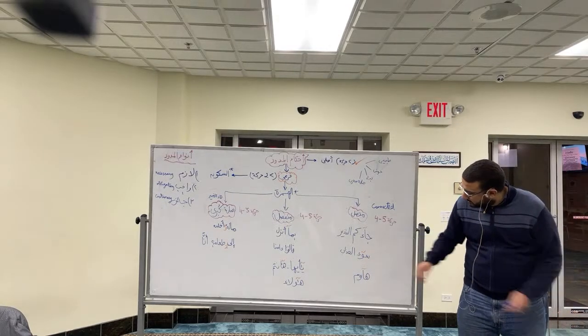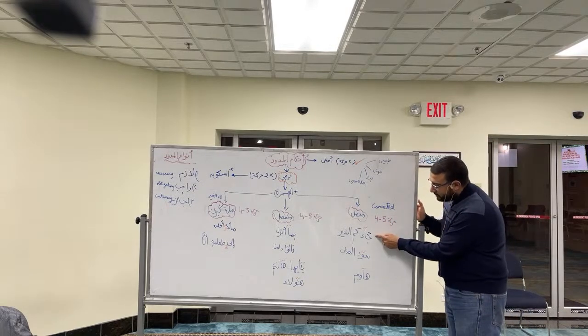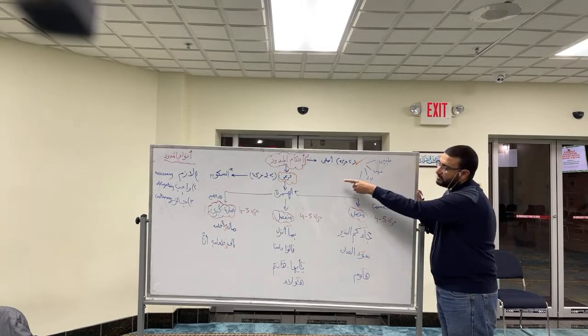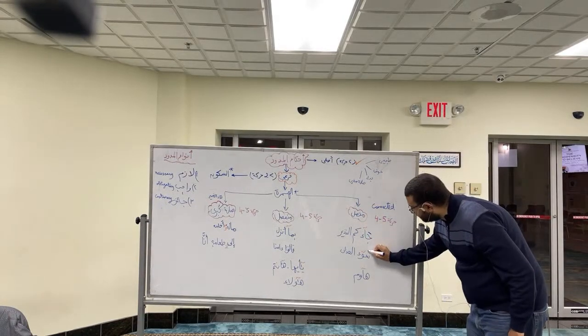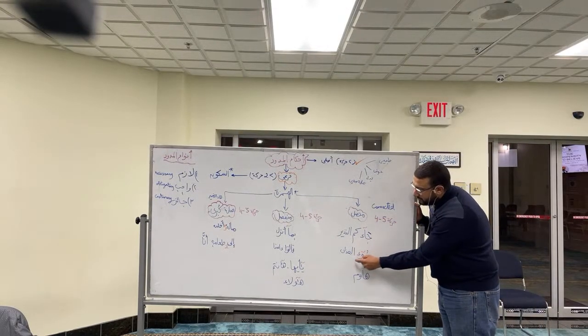So here is a mad. Why is there a mad here? Because a harf has a fatha, followed by an alif. That's a mad. And now we have a hamza, so it becomes mad far'i because of the hamza. And then you have the mad muttasil. So here it is a dhamma, and then you have a waw, and then it's followed by a hamza in the same word.